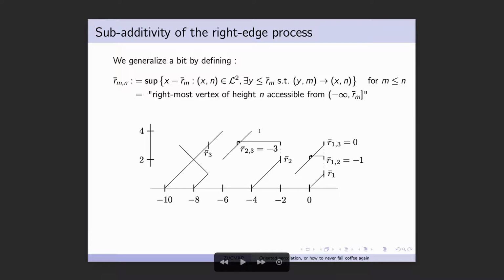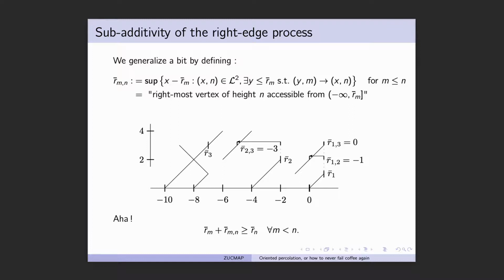And now we are happy because we have some kind of not really sub-additivity going on, right? The fact that we restart tells us that these three quantities should be related, and we have some form of sub-additivity in the model. This is very interesting, because if we had some form of random walk, then, for those who follow probability theory, we would be able to deduce that if I have a random walk S_n and I divide it by n, it should go to the expectation of every step I take. That's the law of large numbers.